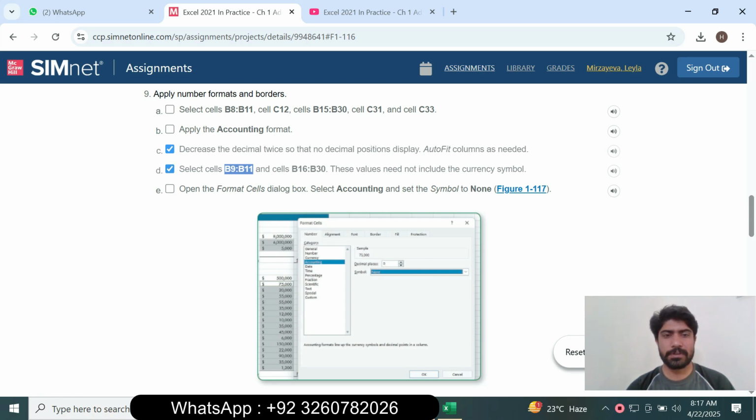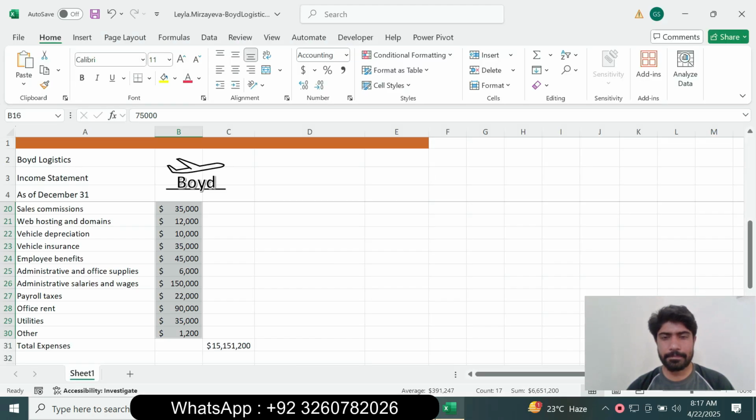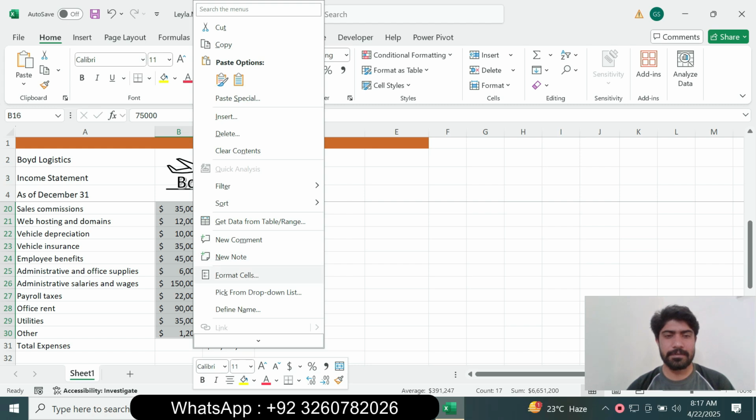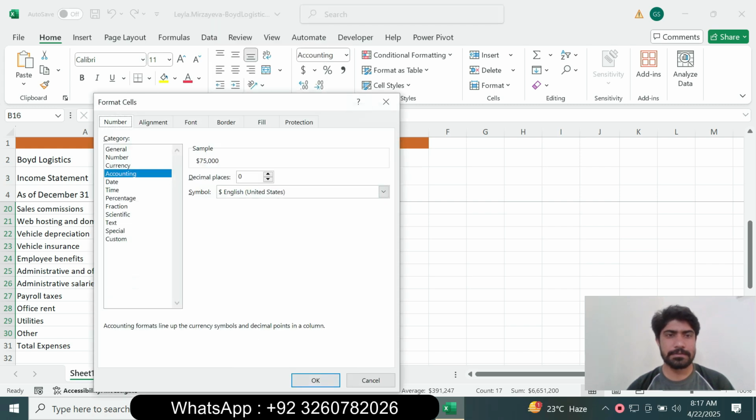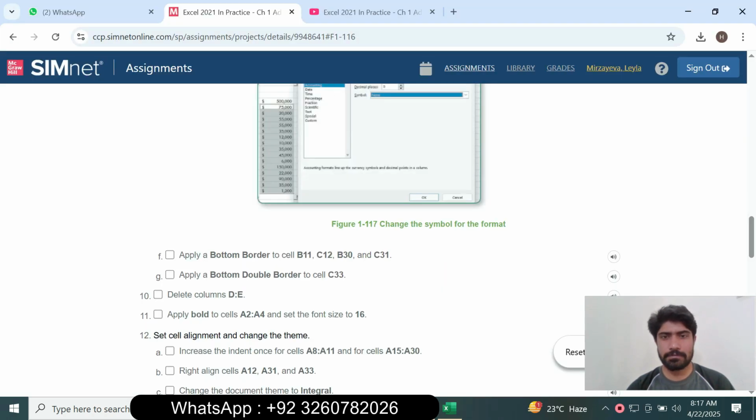Open the Format Cells box and select the accounting number format. Right click, click Format Cells, select Accounting number format and click OK. Then apply the bottom borders to cells B11, C12, B30 and C31.